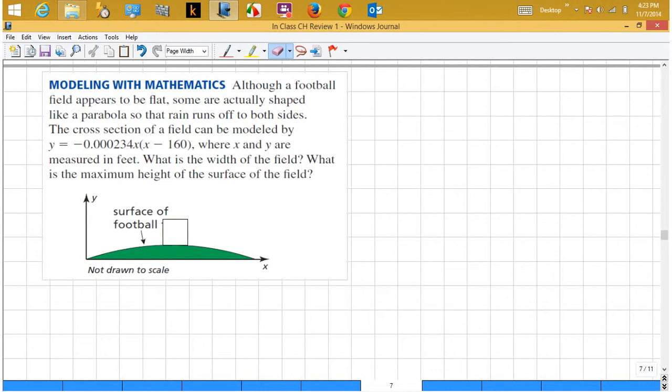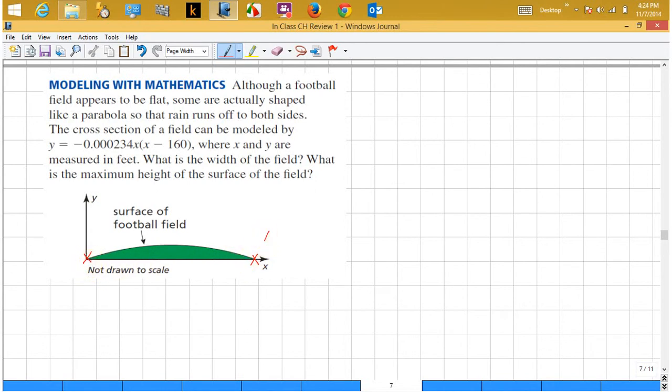So what we're going to do is work this problem out, and this is a word problem. Notice that what it's asking is, what's the width of the field. So I want to know how far it is from this point to this point. And I also want to know how high the field is. And that's going to occur halfway between the two places for the length of the field, because these points are